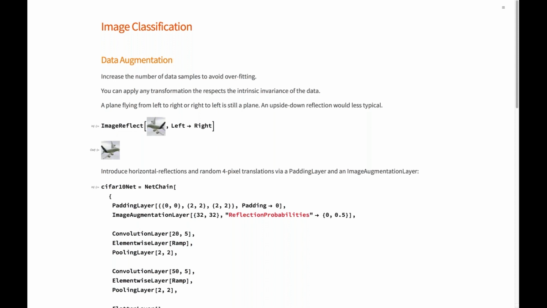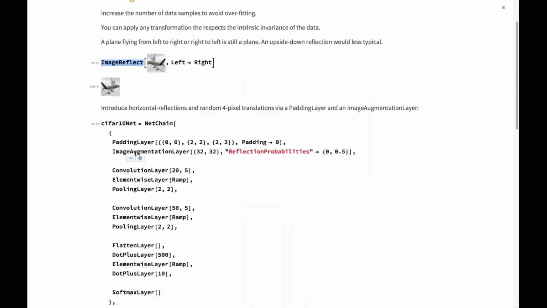You can do reflection, sometimes you can do rotations, sometimes translational shifts. Just as an example, this kind of transformation you wouldn't want to do if you were training digits, because reflecting or having a mirror image of a digit is definitely different than having the original digit. But translation is okay. And this can be built into the network. First of all, you can generate this in Mathematica yourself, or even in the NetEncoder you can have functions that generate data on the fly, or you can even do it in the network by creating a layer, basically an image augmentation layer.